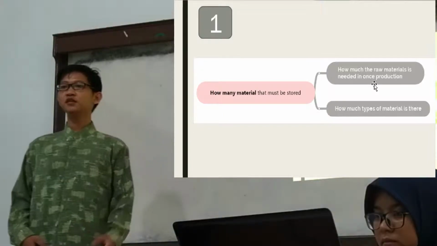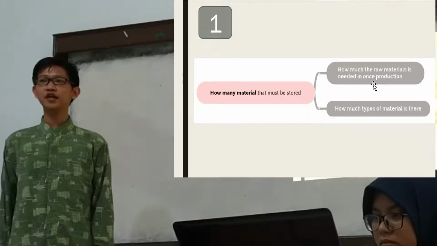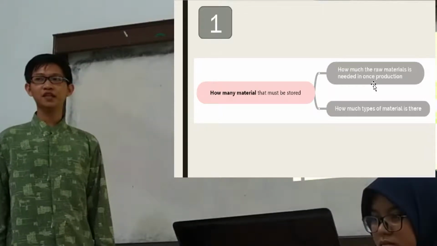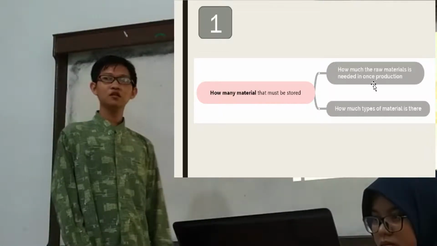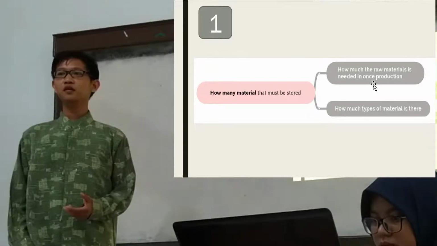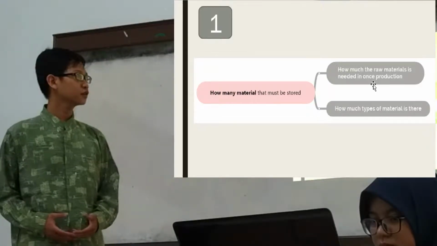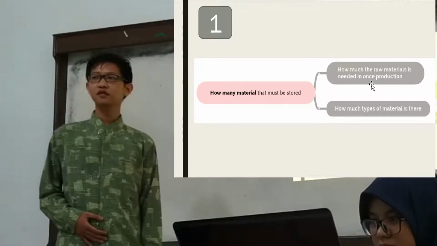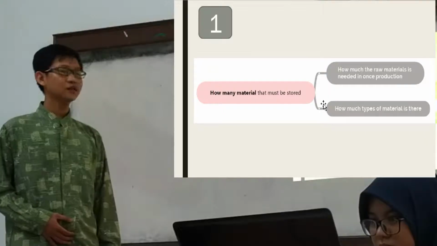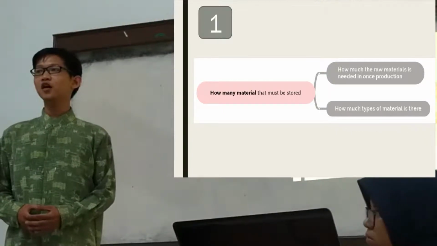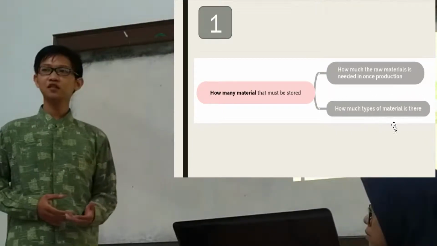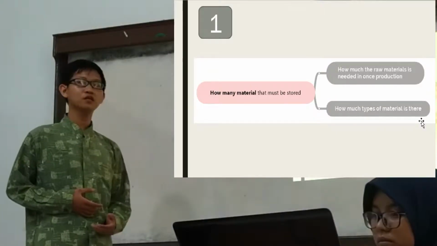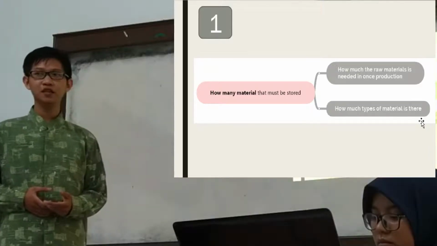Maybe in one production we need an ingredient for each part of raw material of 1 ton. So we should calculate how big the inventory we need. And the second, how many types of materials there are. The more types of material, the more inventory we need. So first we should know how many types of material we need, because